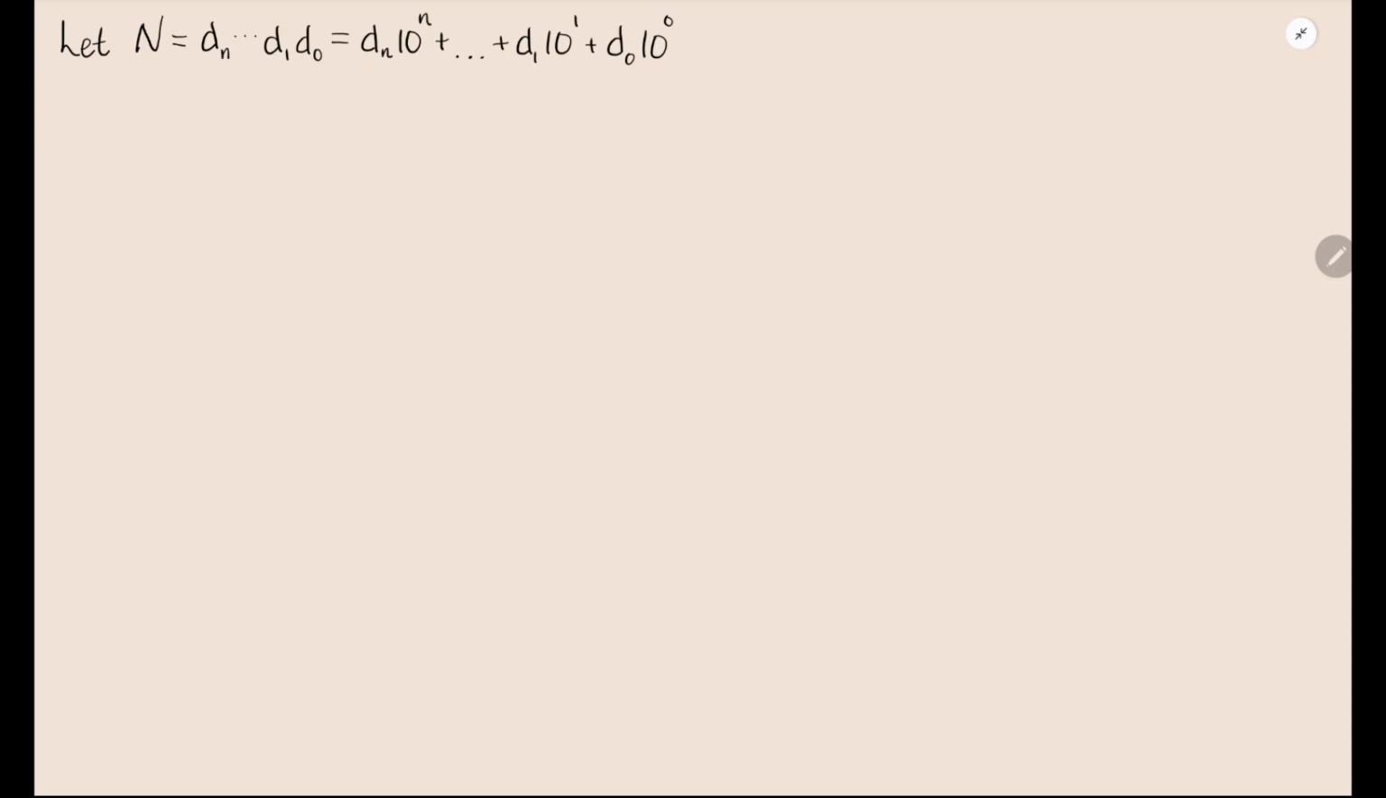If I really want to write this out in compact notation using sigma, I can say this is the sum from k equals 0 to n of d_k 10 to the power of k, where k ranges from 0 to n, and n is an element of the whole numbers, where the whole numbers are the set of non-negative integers. So the theorem is,